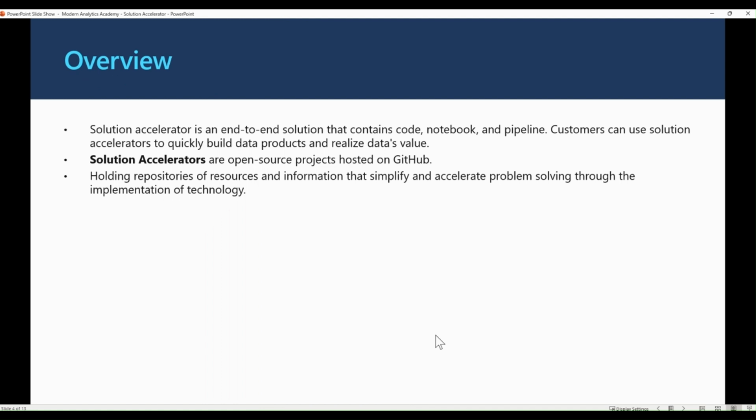So solution accelerators are open source projects hosted on GitHub, holding repositories of resources and information that simplify and accelerate problem solving through the implementation of technology. We produce these solution accelerators by identifying and developing best practices and other IP from real world engagement with our partners and customers. We test each of these solution accelerators with our field and partners and fine tune them prior